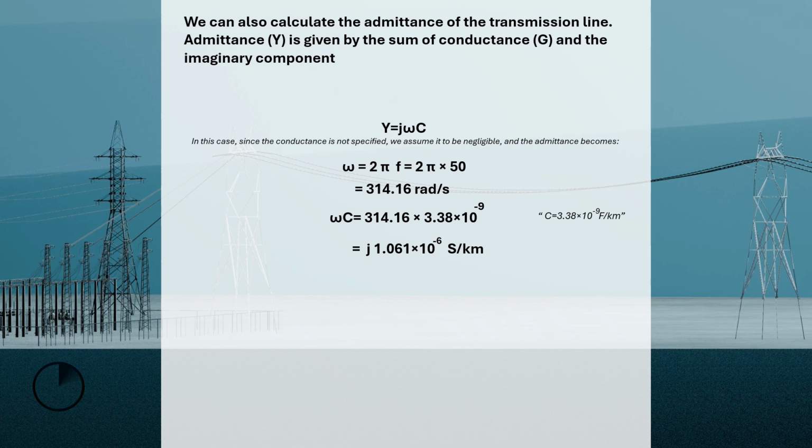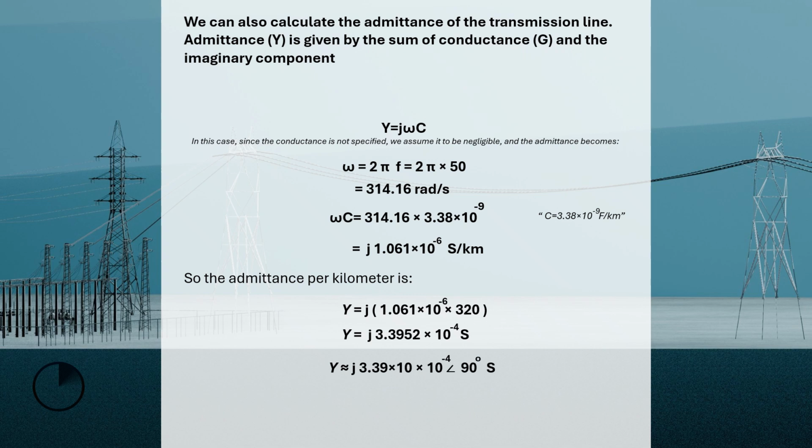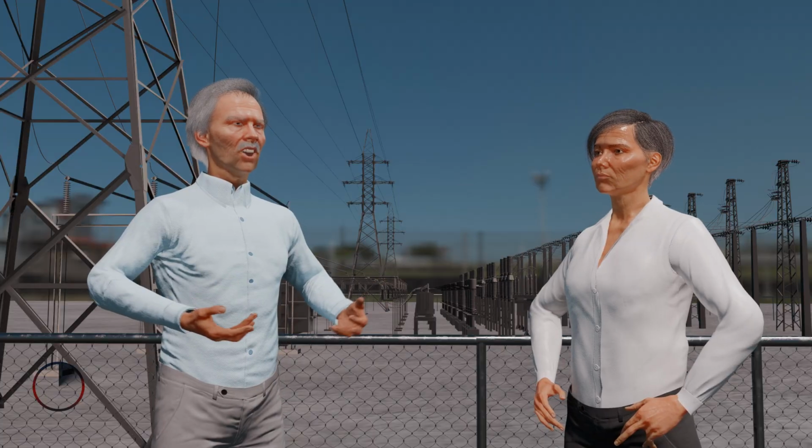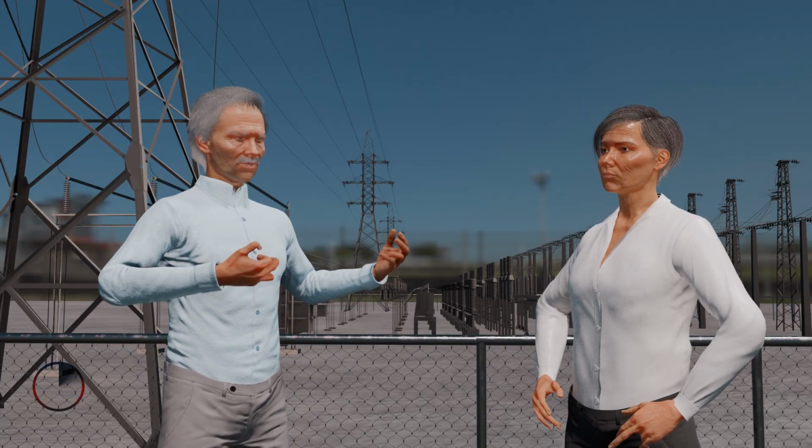Next, we multiply the result by the total length of the transmission line, which is 320 kilometers. So line admittance will now equal j 1.061 times 10 raised to power minus 6 times 320. This will equal j 3.39 times 10 raised to power minus 4 siemens. Thus, the total admittance of the line is Y equals 3.39 times 10 raised to power minus 4 siemens at an angle of 90 degrees. Now that we have calculated the values for impedance and admittance, we can proceed to calculate